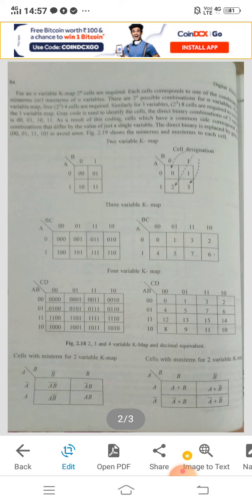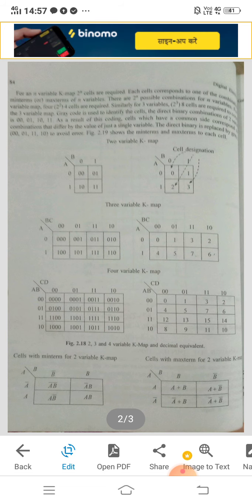For the 3 variable K-map, just see, 3 variables means A, B, C. So we will take A in the row and B, C in the columns. So 3 variables are there. First we take one in the row, second and third we take in the columns. Okay, so outside the cells the values will be 0 1 for rows and 0 0, 0 1, 1 1, 1 0 for columns. We just remember them. Inside, multiply: 000, 001, 011, 010, 100, 101, 111, 110.